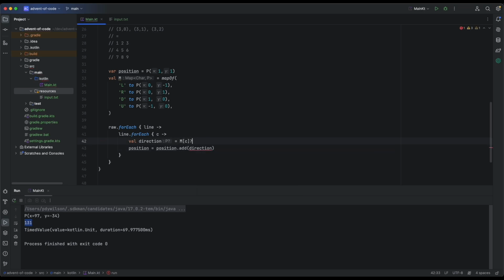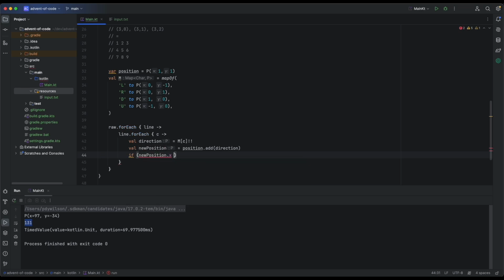Or we say okay, now that we add the direction, we have to check if the new position is valid. Let's just make a new position. If